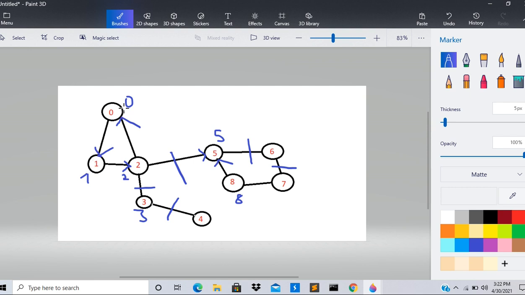The low link value of 0 is 0, which is least. Now from node 1 we will apply DFS. From node 1, what is the least id that it can reach? From node 1 it can go to node 2, and via this edge it can go to node 0. So the least low link value is 0.